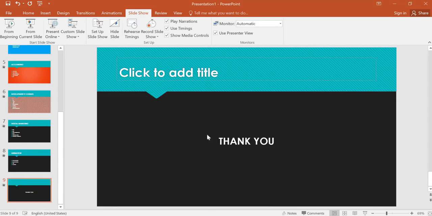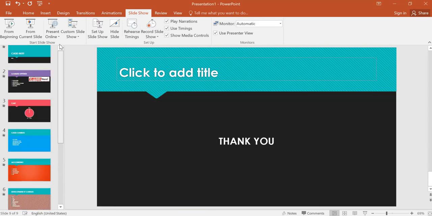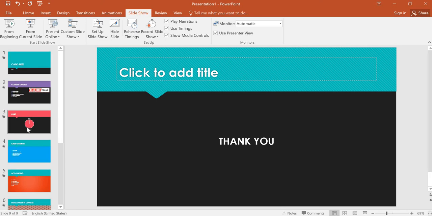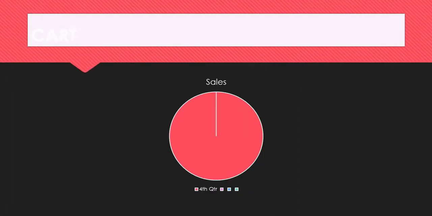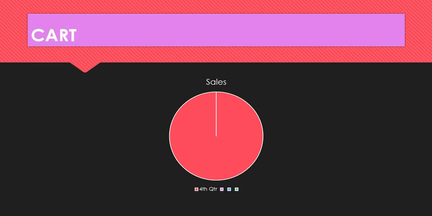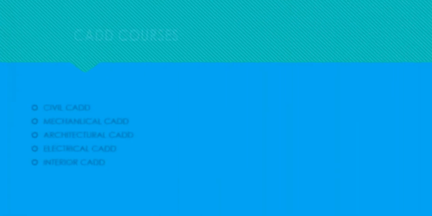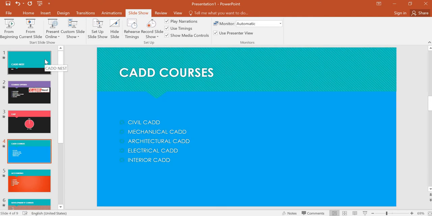Once the presentation ends, you can press escape and move back to the presentation screen. Whenever you are explaining something, if you want to start your slides from the third one, for example, we'll select the third slide, then you will go for from current slide. So the slides will play from the third one itself. The past two slides will not be played. In the same way, if you want to present this information on the website, you can do that also.